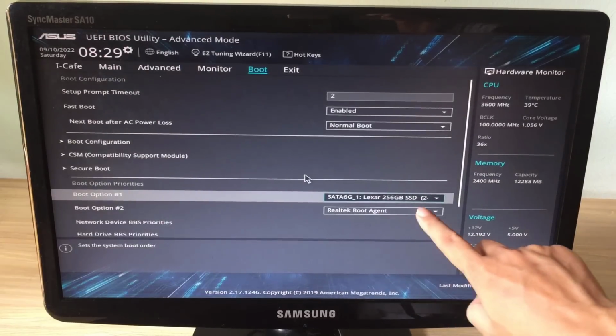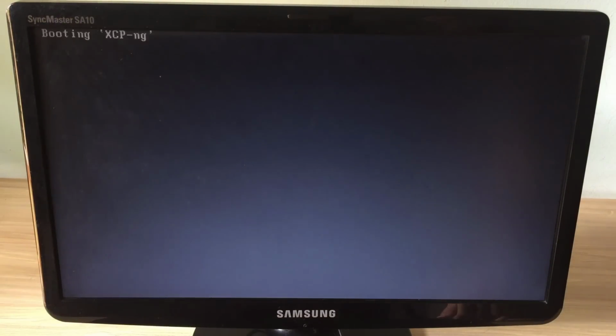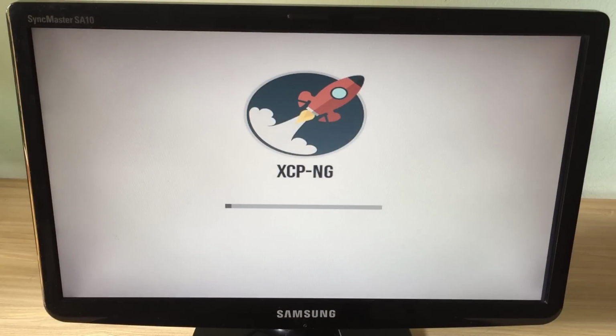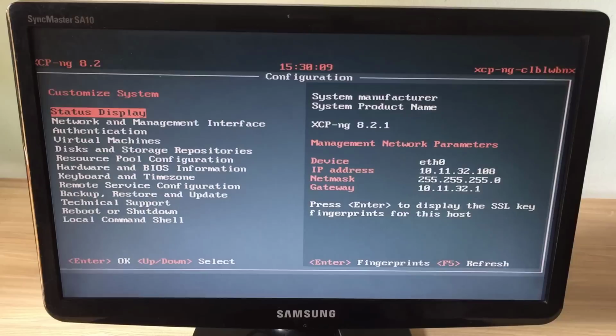Then save the changes and restart the computer. It will take about 2 minutes to finish booting the operating system. When the screen appears, the IP address of the XCP server is the complete boot.